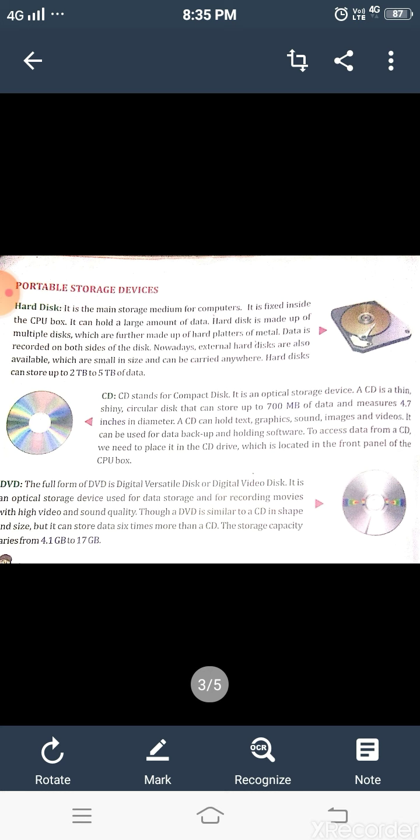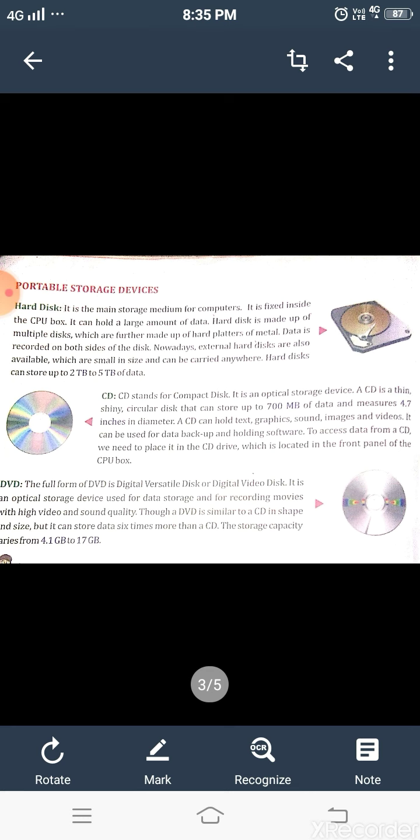Now the fourth storage device is the Blu-ray disc. It is a new optical disc and can store up to 25 GB of data on its single side, and on its dual side it can store 50 GB. Means on both sides it can store 25 GB of data. Its storage capacity is 5 times more than DVD, though it also looks similar to the CD and DVD.